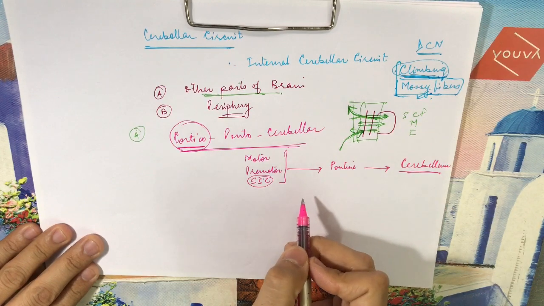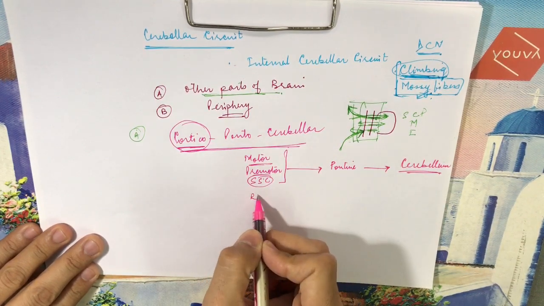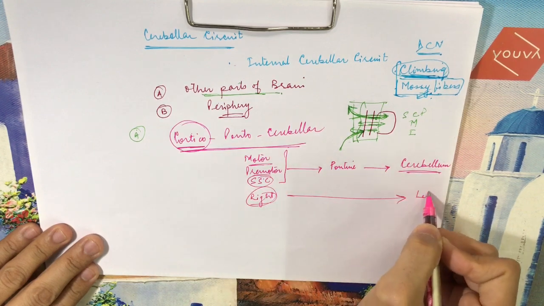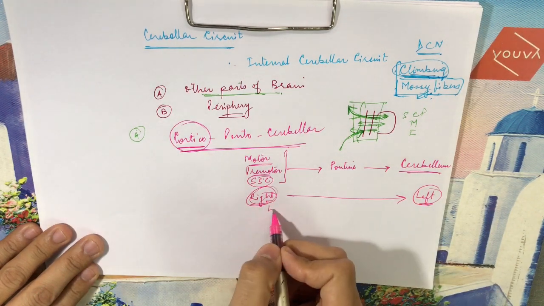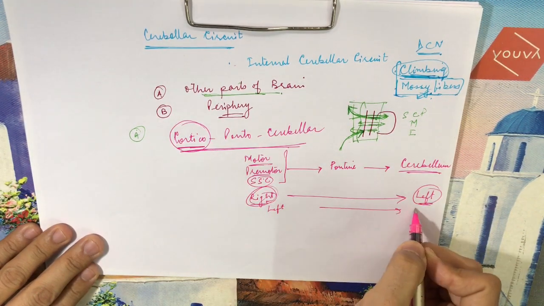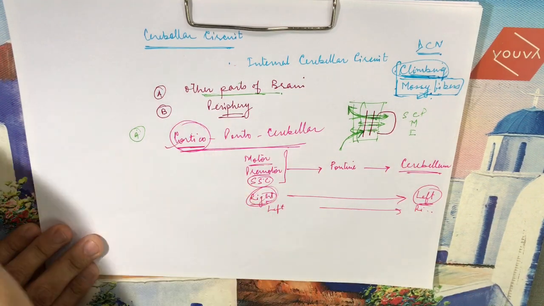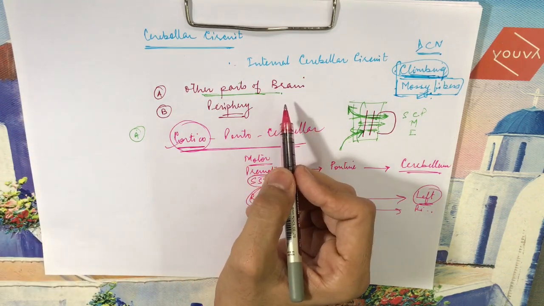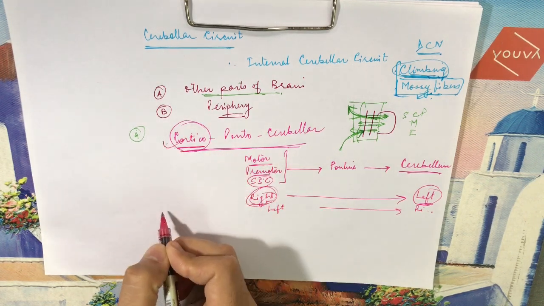The important point is that the tracts originating from the right side of the cerebral cortex will end up in the left side of the cerebellum, and left sided will end up in the right side of the cerebellum, okay. So, that's one of the pathways from the other parts of the brain. This is the first one. The second one is